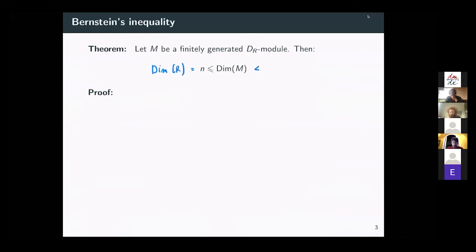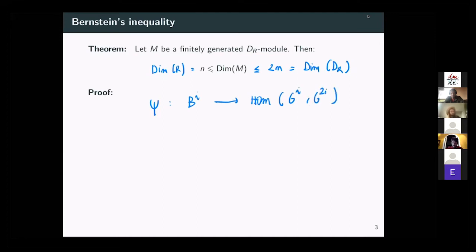Okay, and also we may say that this is smaller or equal to n, the dimension of the ring of differential operators. Using the Bernstein filtration, we have a very simple proof of this result, because it is based on the following morphism. We can define a morphism that goes from this piece of the Bernstein filtration to the morphisms from the filtration on our module,